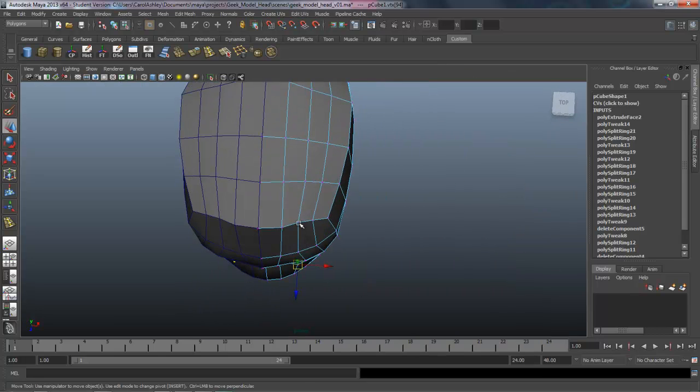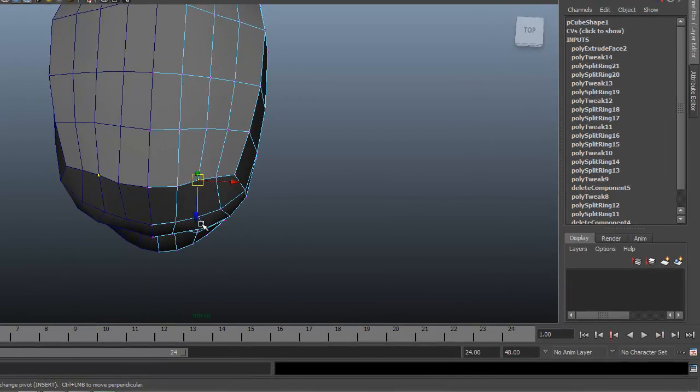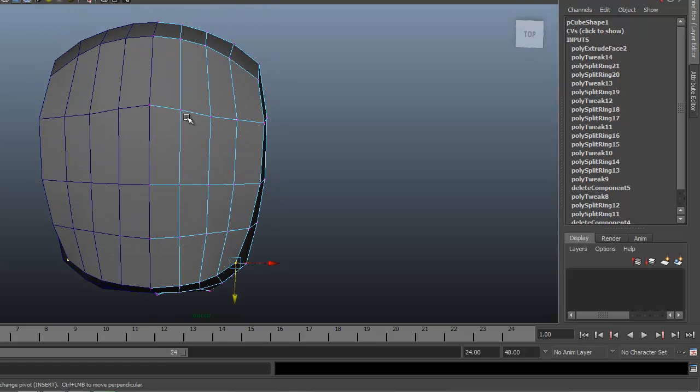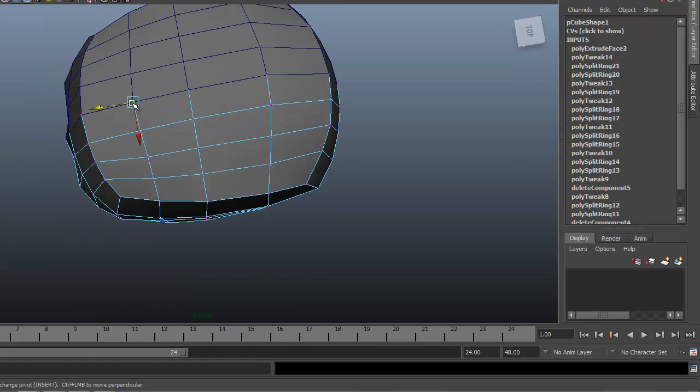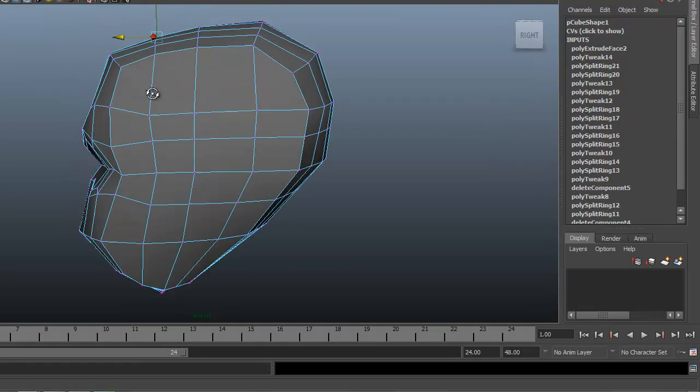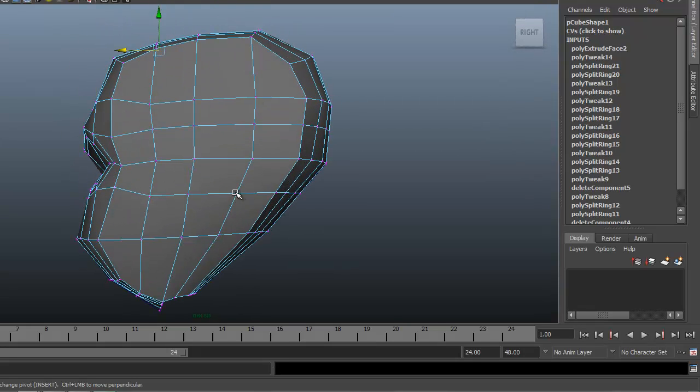So I've got a few little points here that could get kind of rounded out and a little more attention to them. And same thing here, we've kind of lost the edge flow on this. So make sure you kind of go through at this point, at this stage, and make sure your edges are flowing.